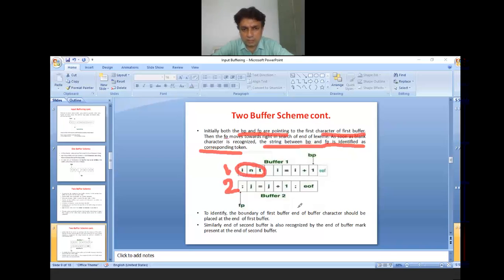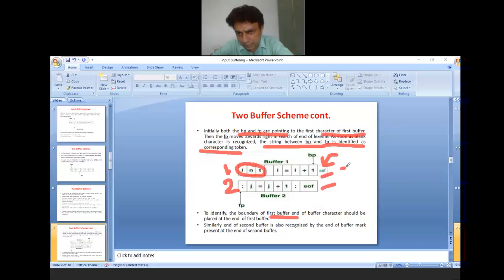As you can see, this is buffer 1, and in the lower part it is buffer 2. To identify the boundary of the first buffer, an end of buffer character should be placed at the end of the first buffer. Here you can see that the end of buffer character has been placed to identify that buffer 1 ends here.